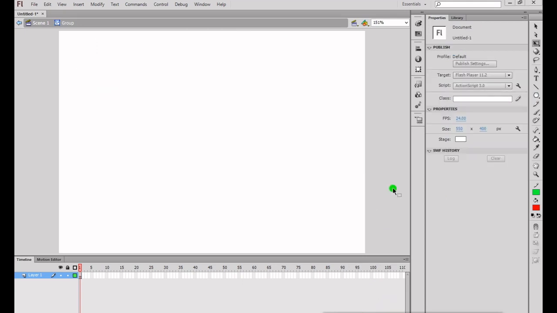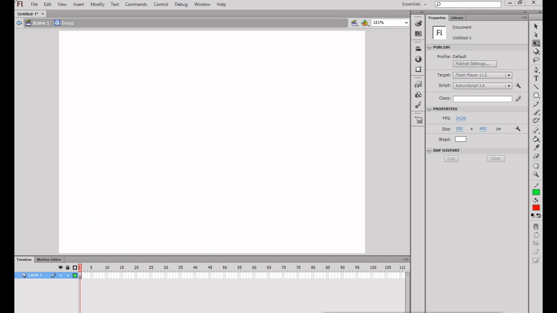Next we are going to learn primitive objects. Primitive objects are shapes that let you adjust their characteristics in the property inspector. We can precisely control the size, corner radius and other properties of the shape at any time after you have created it.